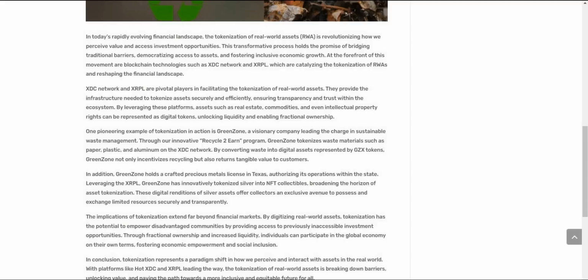The implications of tokenization extend far beyond financial markets. By digitizing real-world assets, tokenization has the potential to empower disadvantaged communities by providing access to previously inaccessible investment opportunities. Through fractional ownership and increased liquidity, individuals can participate in the global economy on their own terms, fostering economic empowerment